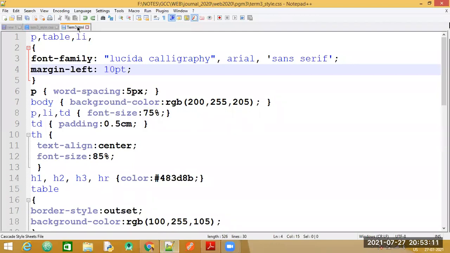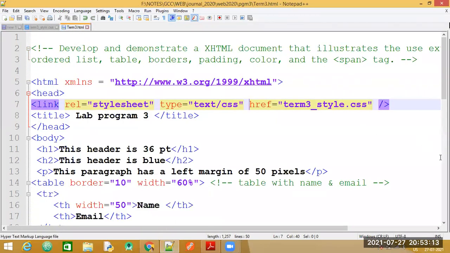First, let us have a look at the HTML part. A very important thing to remember when we make use of external style sheets is the statement at line number 7, right? Since we are making use of an external style sheet, we will have to import it.